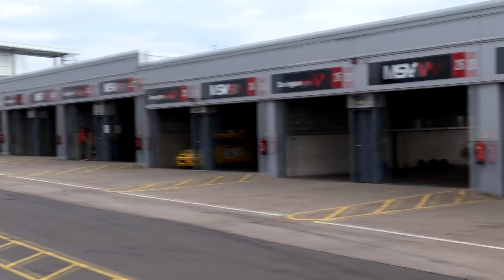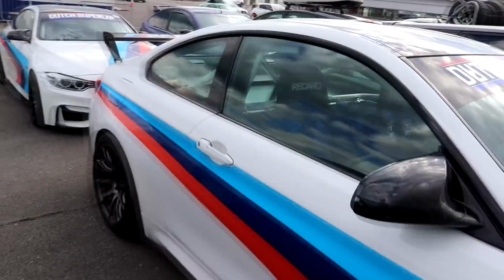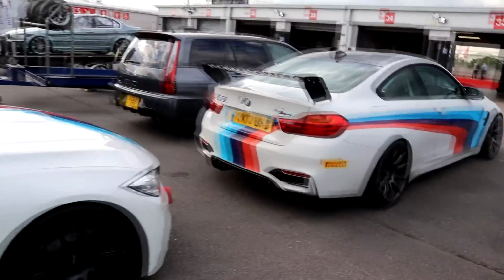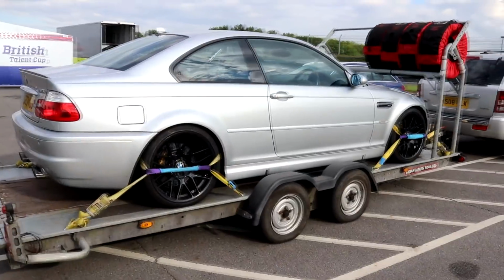jump in the car I'm going to show you around. This is the pit lane with the garages that you can rent for the session for £30, and here's some nice cars which is to be expected at a motorsport event. I'm not into the whole modified car scene for aesthetic looks anymore, although I did used to be back in the day, but nowadays I like vehicles that have been well and truly geared up to go fast on the racetrack. Here at Donington there was an endless supply of track day weapons which gave me some really interesting ideas